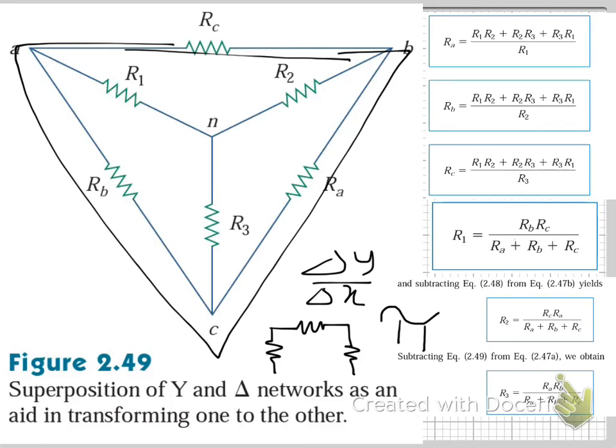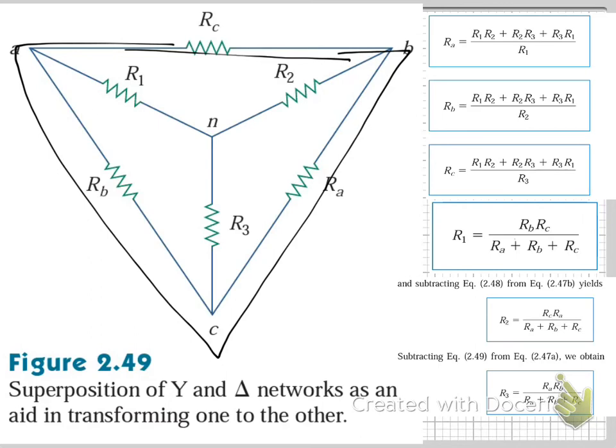And here, this is just memorization of formulas. There's nothing really to say about this, right? When you're trying to find, let's say for example, RA, to make these formulas easier for you, we are going to be looking at this one, right? You can see RA is R1 R2, R2 R3, R3 R1. You can see that is just the multiplication of everything together divided by the one that it is opposite,